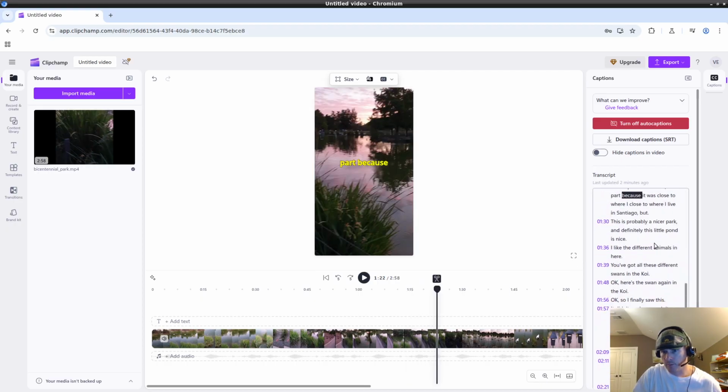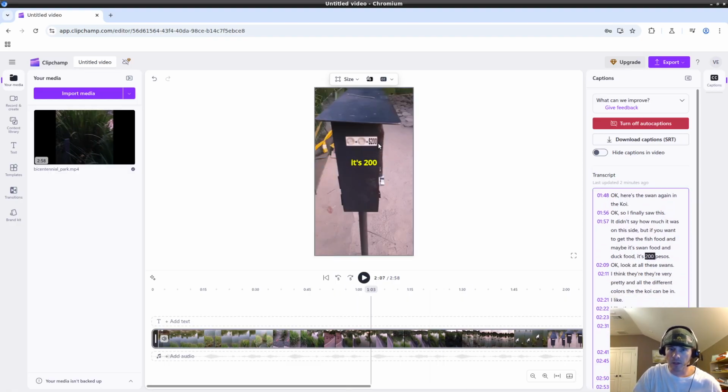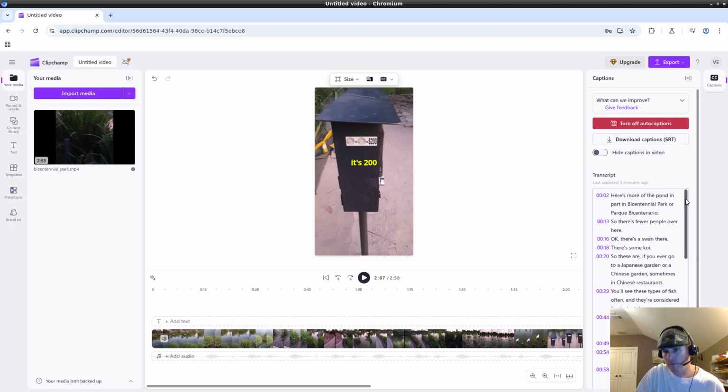And then I talk about, so like this says here it's 200 pesos. So their currency in Chile is pesos. So it was 200 pesos. And yeah. So what I'm going to do right now is I'm going to edit the text that I think